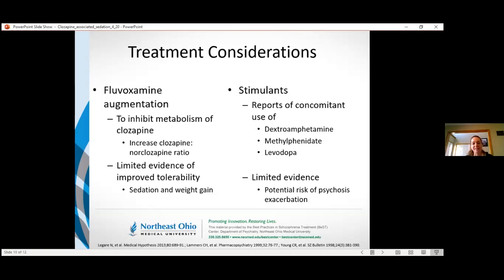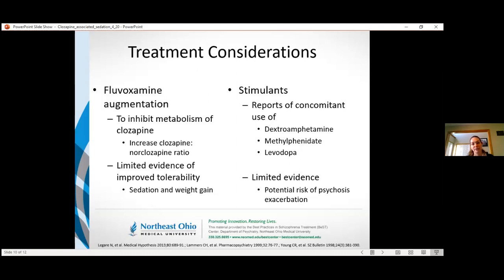The last piece of potential treatment options are the addition of stimulant-type medications. So there have been case reports and case series of the addition of dextroamphetamine, methylphenidate, and levodopa being added to clozapine therapy in order to offset some of these sedative adverse effects. So the case reports do suggest that they're positive, although it's really difficult to tell without a controlled clinical trial how effective these really are,